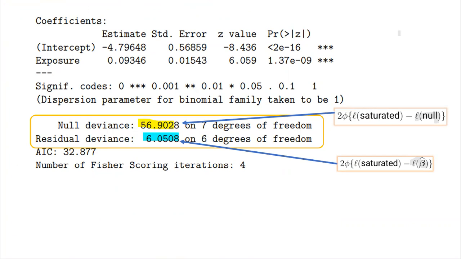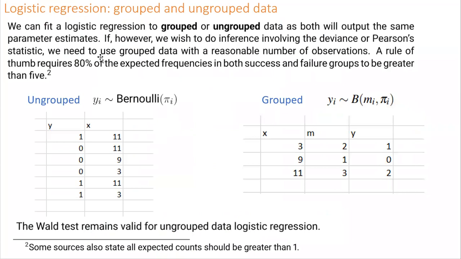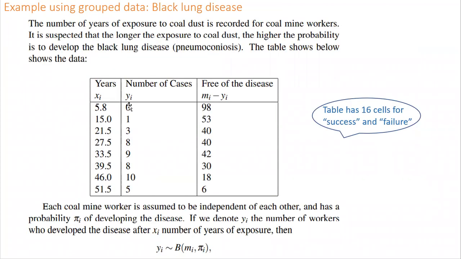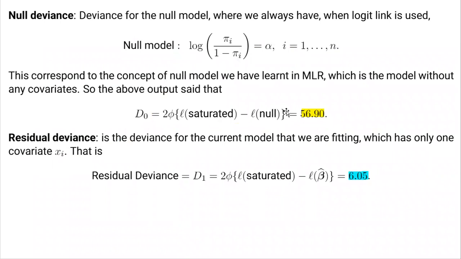And do we have enough observations in each cell? Well, you've got a 0 right there. And a rule of thumb is it requires about 80% of expected frequencies in both success and failure groups to be greater than 5. Well, that's not greater than 5. That's not greater than 5. That's not greater than 5. But you get the idea that it is a rule of thumb. So it would be better if it was like that. Now, supposing it was like that, then